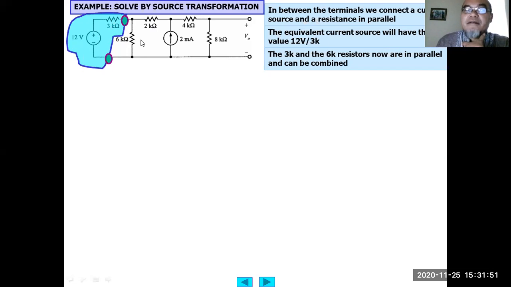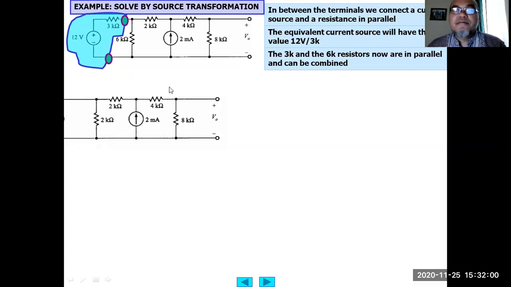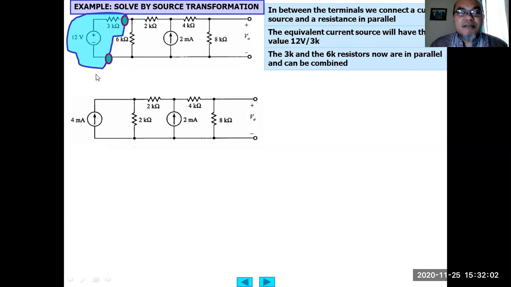4 milliampere, right? Then the 3 kilo ohm and the 6 kilo ohm can be combined because they are in parallel. So we replace this with one single 4 milliampere source. The 3 kilo ohm and 6 kilo ohm become a parallel resistor. So 3 times 6, 18 divided by 9 is 2, becomes 2 kilo ohm. So from here, we have a series resistor, so we can further transform